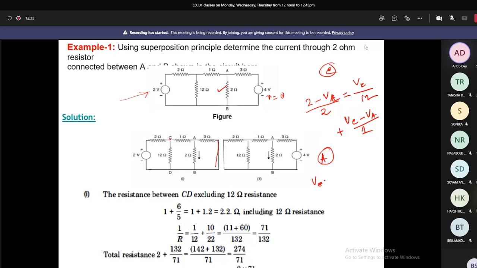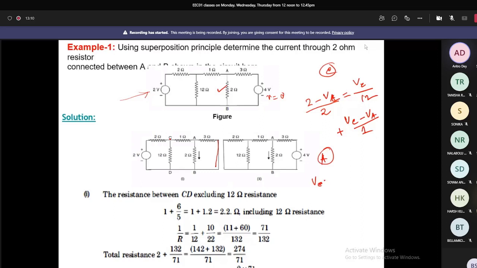Next is to take care of the 4 volt source only. It is not solved, shown actually. Whenever we take the 4 volt source, we have to replace the 2 volt source by a short circuit, right? So that is what we have done, and again you can take VA, VC, and in that way nodal analysis you can solve again for VA by 2. So that current again you have to take as I2 when only the 4 volt source is acting. If you calculate separately and add them up, you will get the total current through the 2 ohm